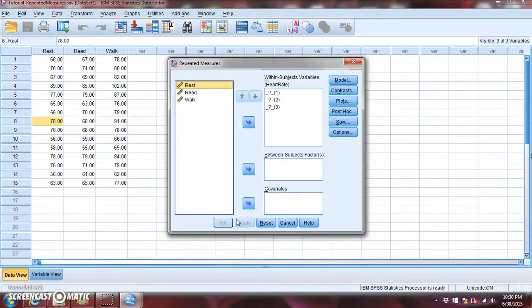So what we've basically done is create this heart rate variable, and now we're telling SPSS which of our columns belong to it. And in this case it's pretty simple because we've only got 3 columns. All of them are heart rate measures. So it's asking here for the within subjects variables, heart rate, and then it's asking for the 3 pieces there. So we can go ahead and just enter them in one right after the other. And then if we go ahead and click OK,